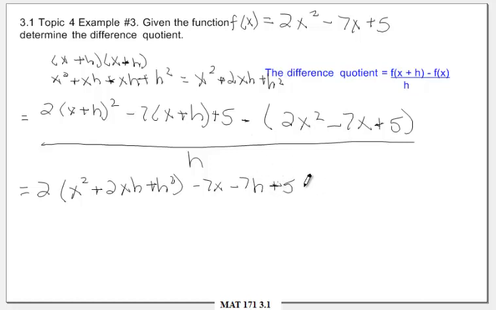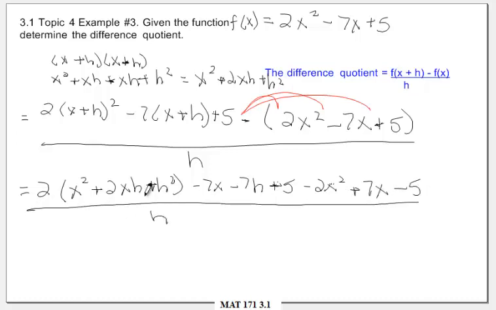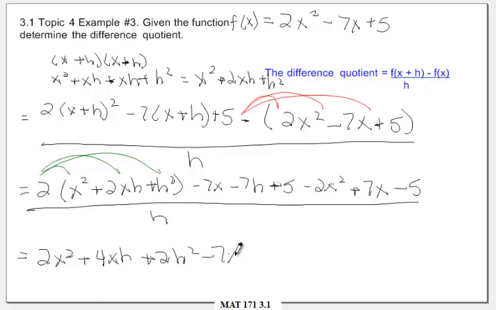And then we're just going to change all these signs. So we get minus 2x squared. This minus is being distributed here. So that's going to be a plus, and that's going to be a minus. So we're going to have plus 7x minus 5. And this is all over h. So now we're going to distribute our 2. So we get 2x squared plus 4xh. We're distributing that 2. Plus 2h squared minus 7x minus 7h plus 5 minus 2x squared plus 7x minus 5